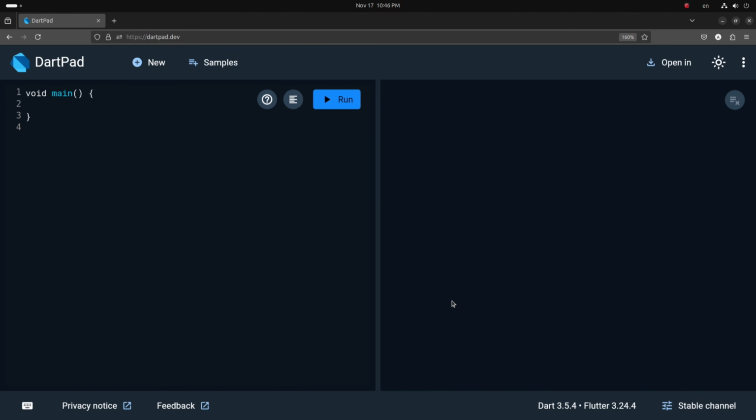Alright, let's talk about the do-while loop. The do-while loop guarantees that the body will execute at least once before checking the condition. For example,